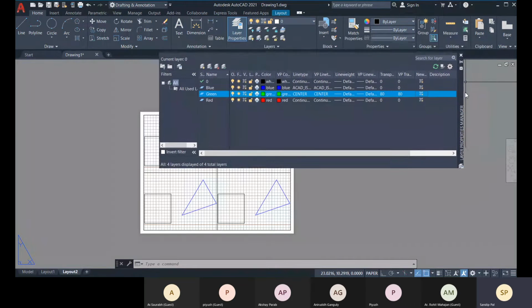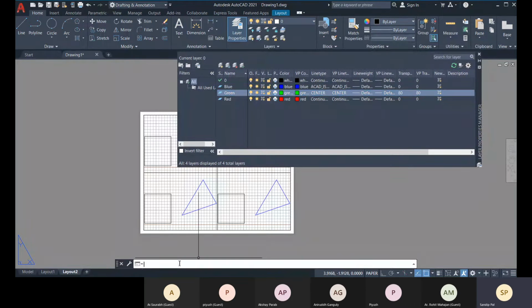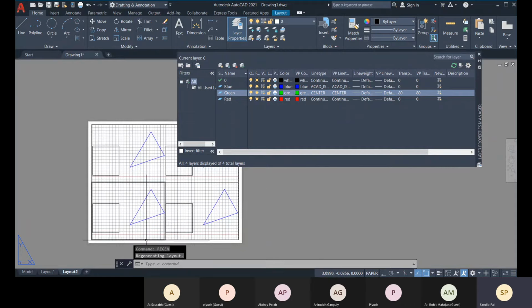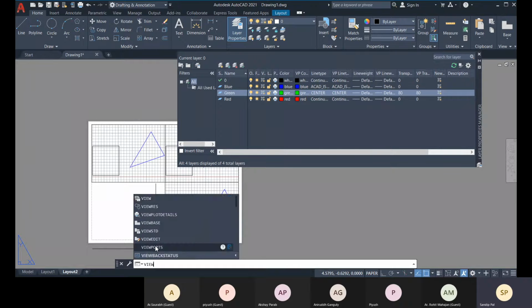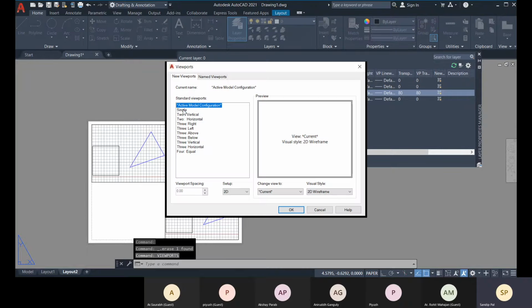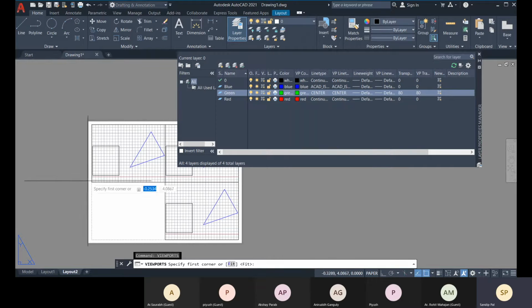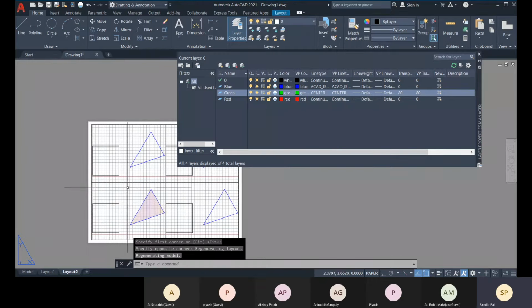So for that I have to create a new viewport, or let's check with regenerate. Okay, no, the regenerate will not work. So if I delete this layout and let me create a new viewport, so for that viewport is the option. So viewports is the option, and let me create a single viewport. So from this point to this point, if I create it, in this new viewport it will come back. Okay,